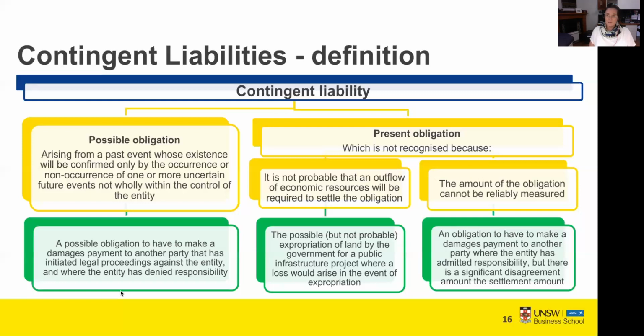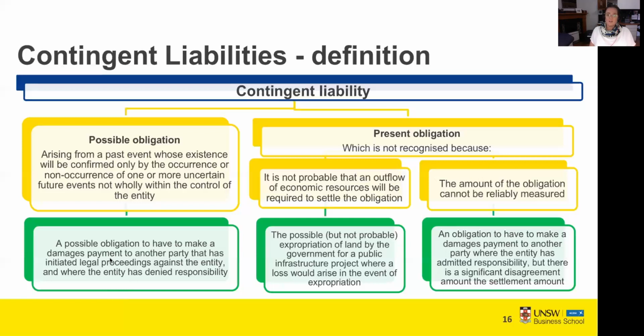So the customer, in response to this, has said that they're going to take us to court. They're confident that it was our heater's fault. They're going to take us to court and they're going to sue us for damages. So this is an example of where we have a possible obligation. We have denied responsibility, but the other party has decided to go to court. So the matter now essentially has been taken out of our hands. We are now waiting for a judge to make a finding and make a decision.